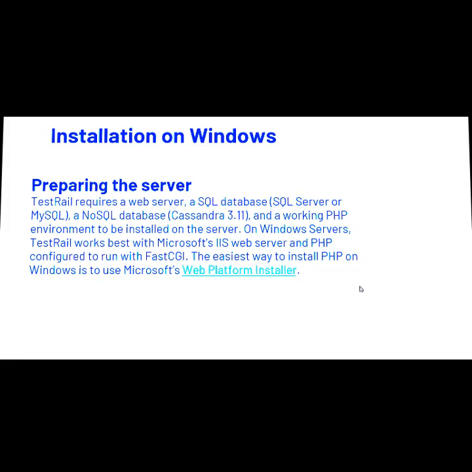Today we are going to start the next lecture on the installation of TestRail requirements and guide. Now we are going to install on Windows. So, installation on Windows, preparing the server. TestRail requires a web server, a SQL database, SQL Server or MySQL,